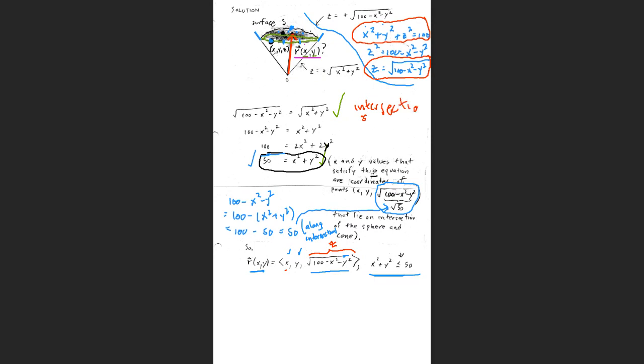I don't know why. Okay, the reason we had to find the intersection between the sphere and the cone is so we could get a restriction on our parameters, and we found that x squared plus y squared would be at most 50. That's where the cone intersects the sphere. But then as you go inward on the surface, x squared plus y squared,